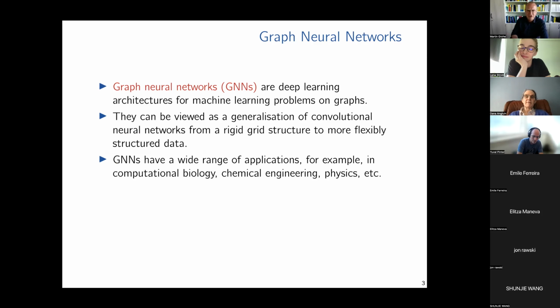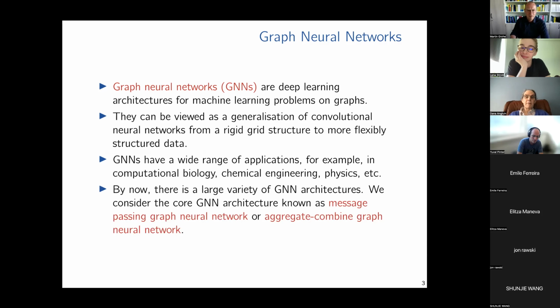They have a wide range of applications, and I'm also working on some. For example, I'm working with people in chemical engineering, in electrical engineering, most recently on power grids, also in physics. So this is quite interesting, but this is not what I'm going to talk about today.